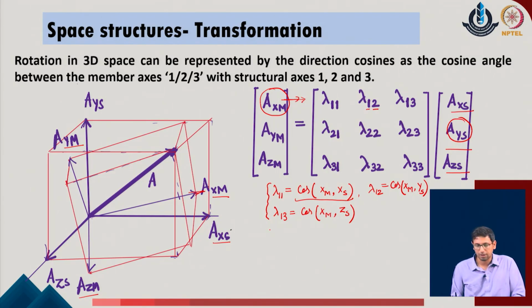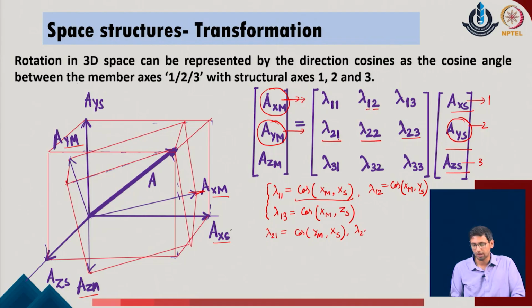I can now come up with the same idea and look at the problem for the lambda 2 1. Lambda 2 1 is the cosine angle between, now the 2 1 means I am looking for the relationship between y of m, which is the new member coordinate with respect to the direction 2, and I am trying to relate it with respect to the original structural directions 1, 2 and 3 one after another, and these are the 3 multipliers which I have got. So, the lambda 2 1 can be written as the cosine angle between y of m, which is the second member coordinate, with respect to the first structural coordinate of the system, that is x of s.